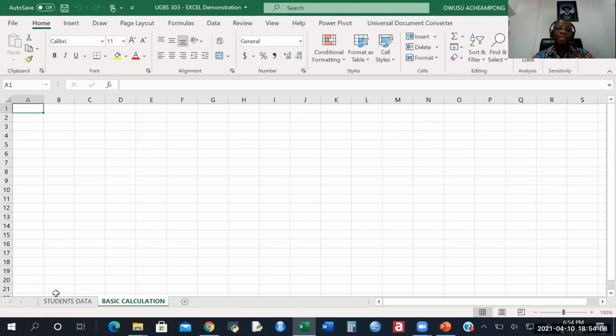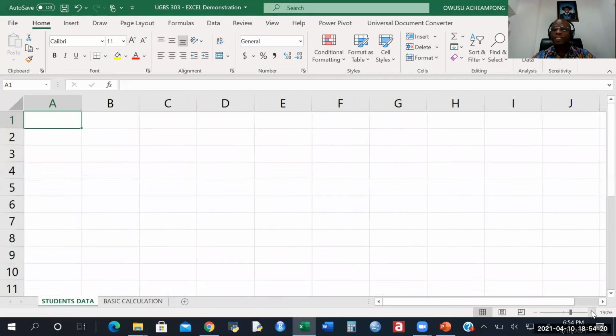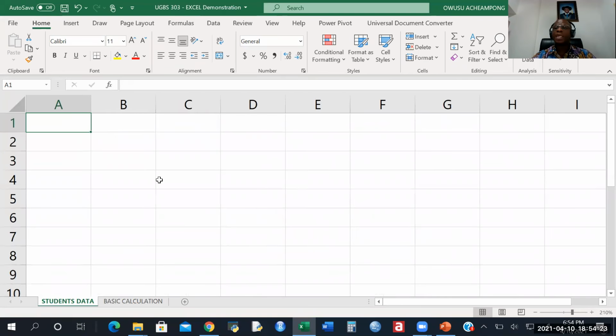Enter. So you see that I've been able to create two different sheets: one is student data, the other is basic calculation. For student data, I would like to start from cell A1. Let me increase the zoom a little. So cell A1, and I want to type